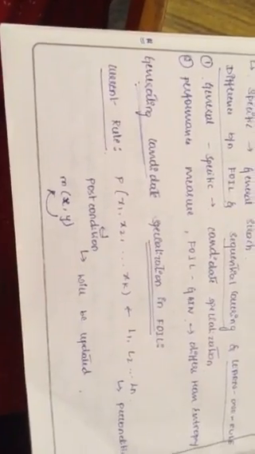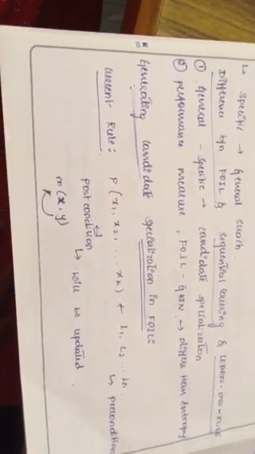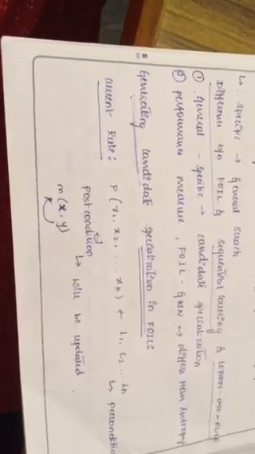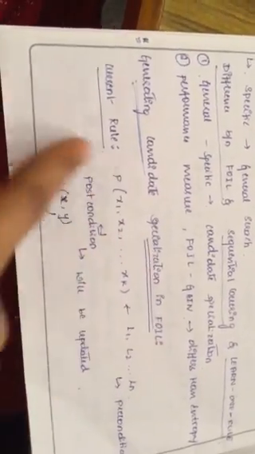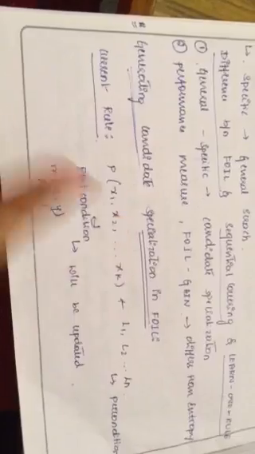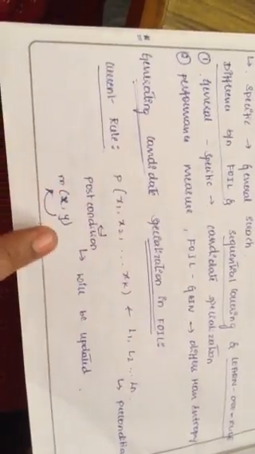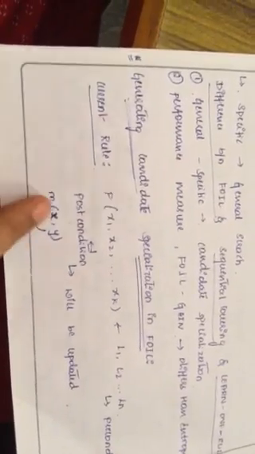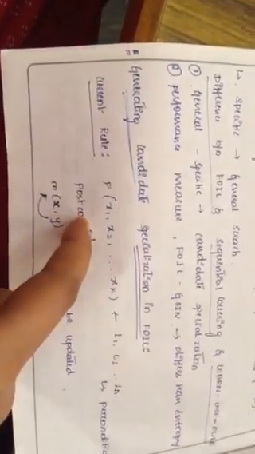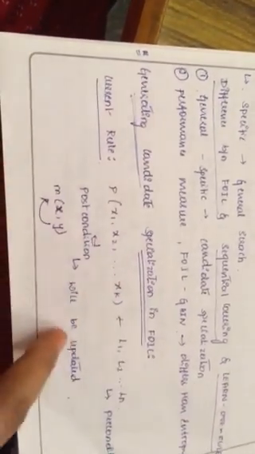Generating candidate specializations. In generating a candidate specialization, we are going to consider the current rule, and how to write the rule as per the precondition and the post condition. We know that the post condition will always be updated, and how we read it: y is the mother of x. That's why this is a precondition and this is a post condition. The post condition will be updated every time as per the preconditions.